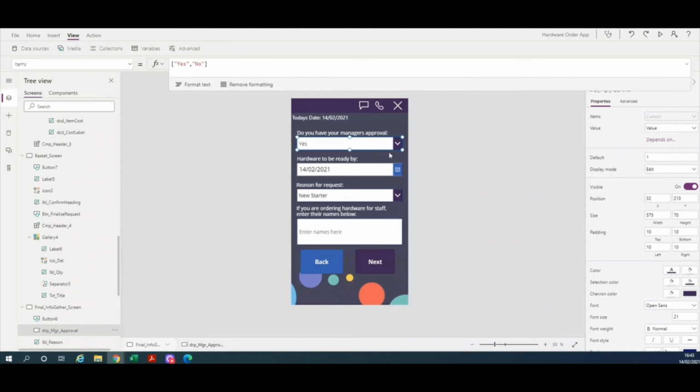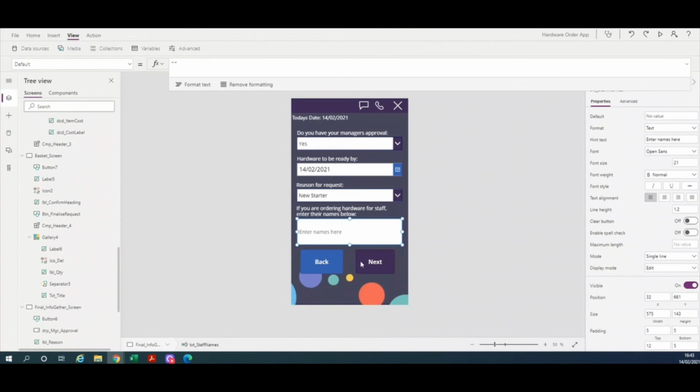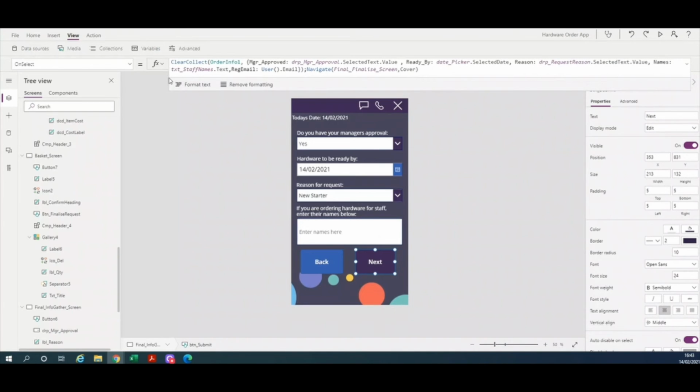So I've added a drop-down list here. It's just a yes or no, a date, collection, item here, reason, just another drop-down list with some custom items in there, and then just a free-form text box in here. And then the next button basically